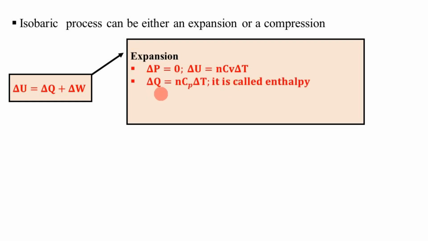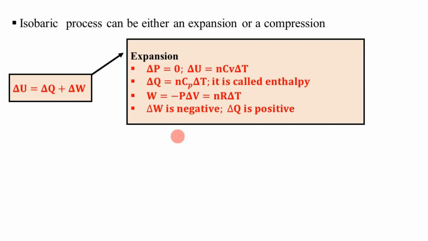And when you have the heat at constant pressure, in this case, it is also called the enthalpy. Enthalpy is the total heat content of the system at constant pressure. Then we also have the work done, which is equal to negative PdV, or equal to nRdT. Here, when you have an expansion, remember the work done is negative, and dQ is positive